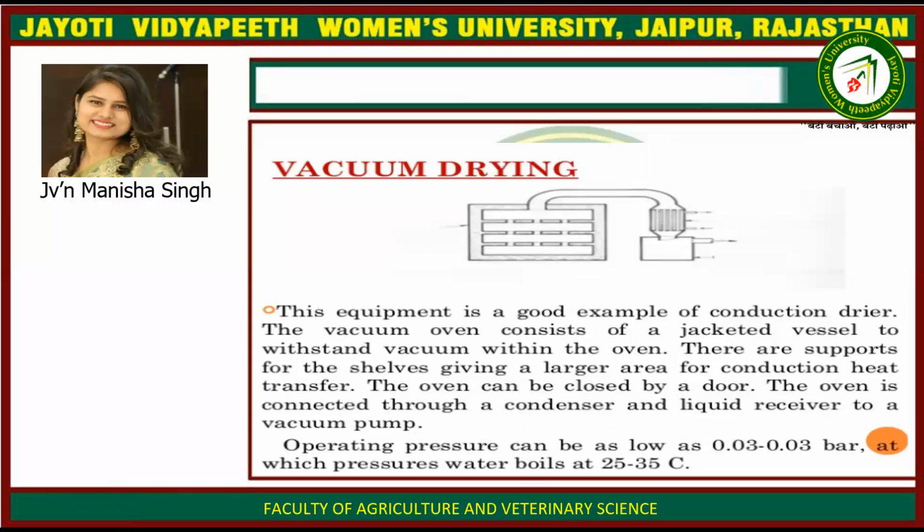Then vacuum drying. This equipment is a good example of a conduction dryer. The vacuum oven consists of a jacketed vessel to withstand vacuum within the oven. There are supports for the shelves giving a larger area for conduction heat transfer. The oven can be closed by a door. The oven is connected through a condenser and liquid receiver to a vacuum pump. Operating pressures can be as low as 0.03 bar, at which pressure water boils at 25 to 35